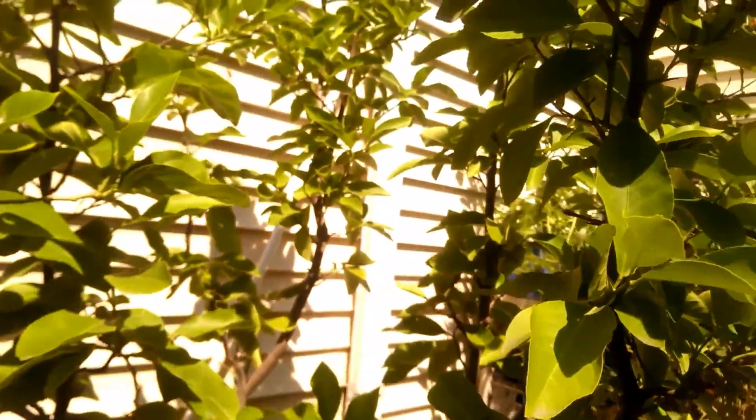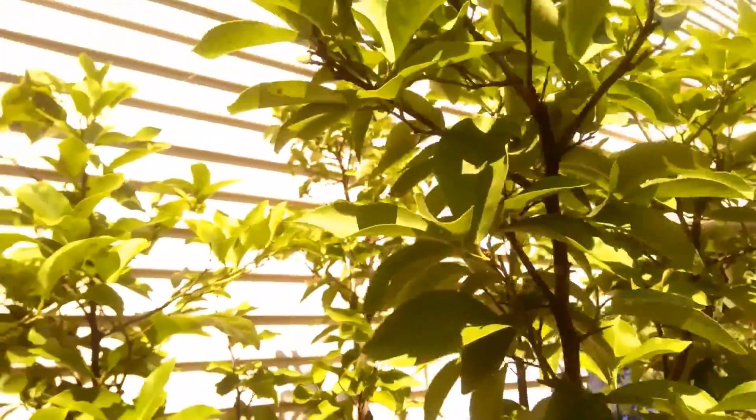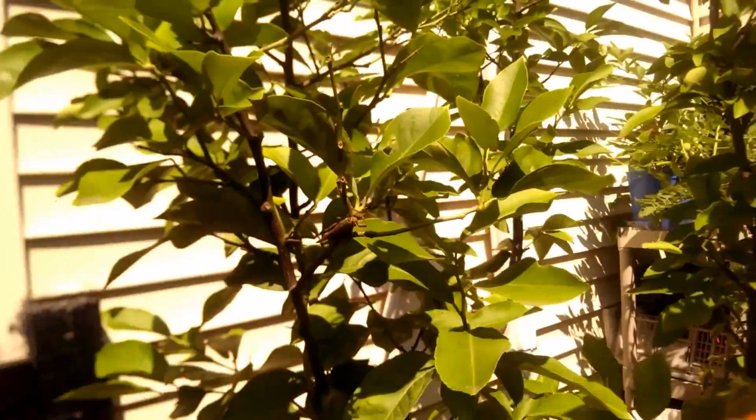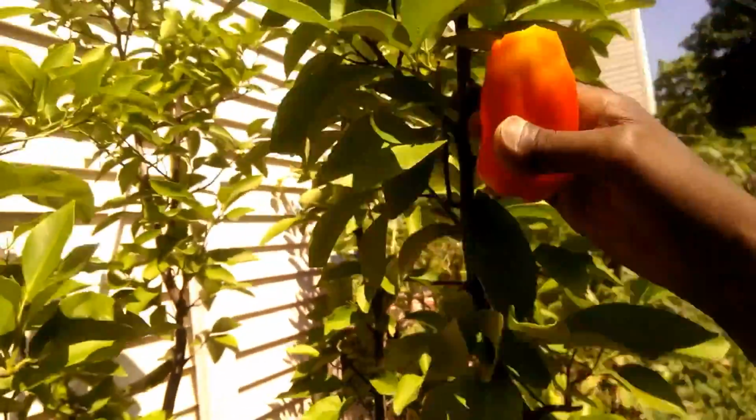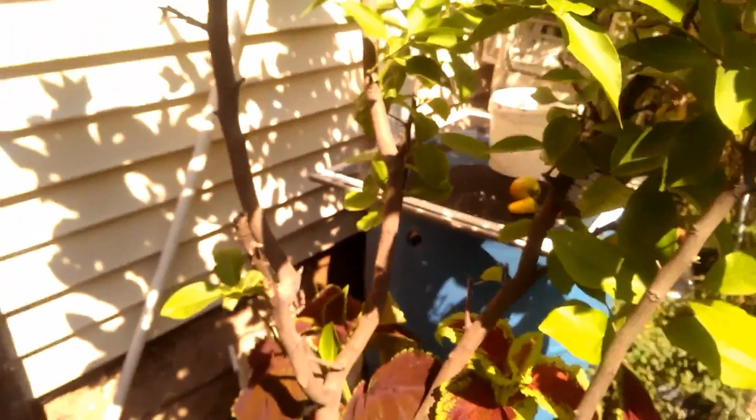Meanwhile, my very old citrus tree seems to have stopped growing. It's not putting out anything new. No new branches, no new leaves. It's just kind of staying put, not losing leaves. I don't know. I mean, I guess it's good. I wish it would fruit, but it's not. But whatever. Every year I kind of question the wisdom of keeping this citrus tree. I think it was 2 years ago I gave away 3 others similar to that, about the same age and just as frustrating. No fruits, flowers sometimes, but no fruits. Anyway,